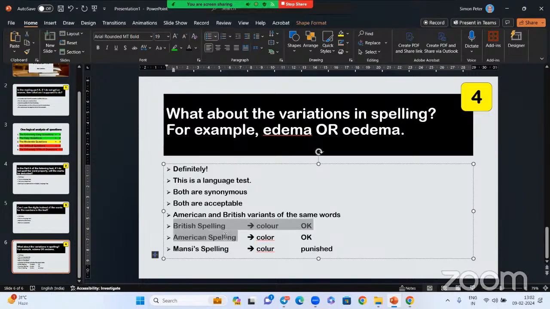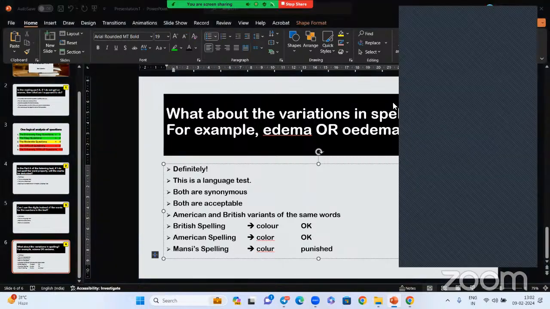These are standards. You don't have any standard. Whatever you want, you make it a standard, it doesn't become standard. Many people write different spellings, so they are not accepted. The spellings which are standardly presented in the dictionary are acceptable. Otherwise, they are punished. Is that clear? Yes, sir. Anything else? No, sir. Thank you so much.